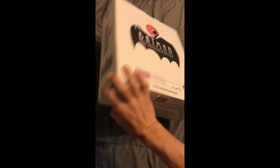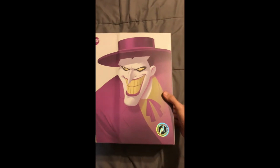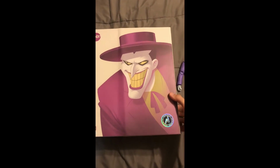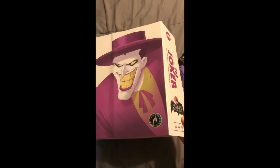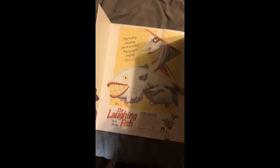So we usually get the yellow box with the bat symbol on it. I think with Catwoman it was a little bit different. There was some black and pink on there, but it was still fairly plain. But with this one, we get a box that's unique to the Joker,